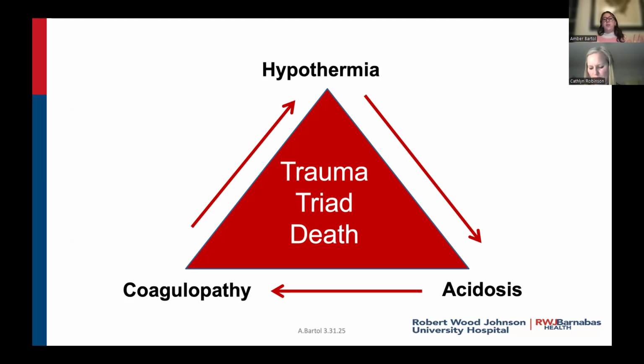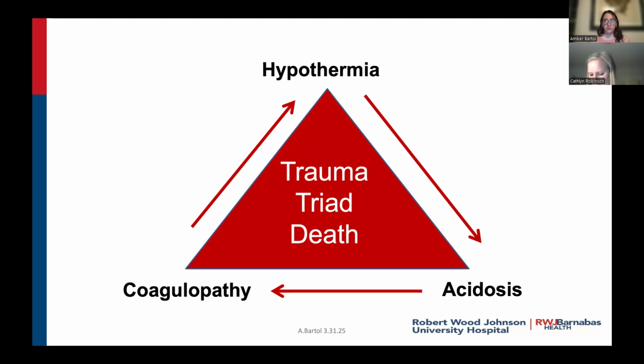Now moving into hemorrhagic shock and what's happening in the body. There's a phenomenon called the trauma triad of death. And I'm pretty sure if you've talked to Steve before or you're in the trauma world, you've heard of this. This triangle is composed of hypothermia, acidosis, and coagulopathy. It's basically like the Bermuda Triangle. Once you get in, you can't get out. So what we want to do is try to avoid any of these things from happening